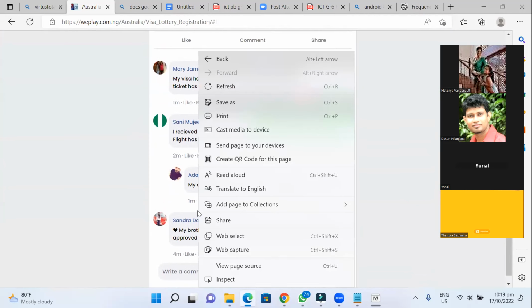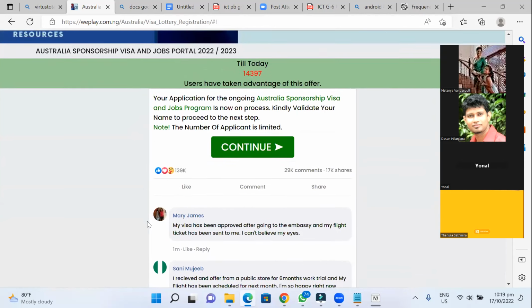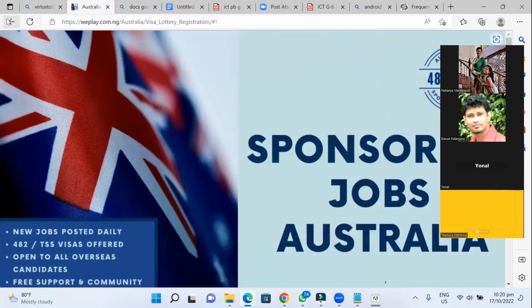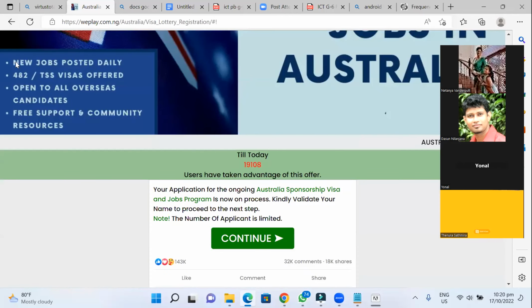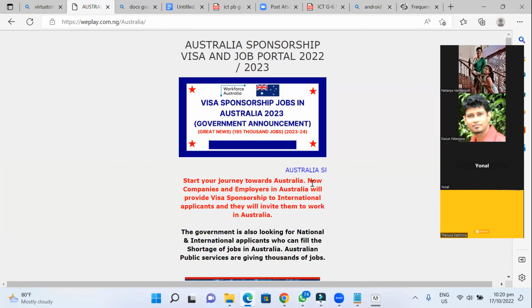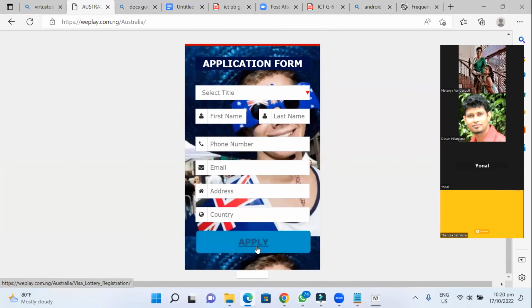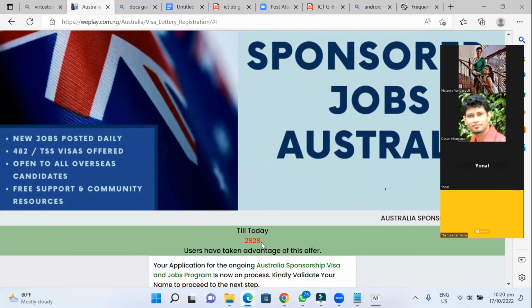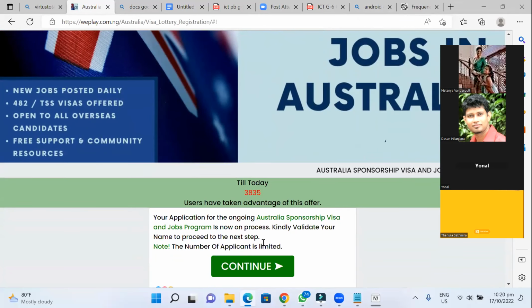This is not a Facebook link. They're just sharing this, and you can see it says drawing till today. So how soon is it drawing? Can you see? Let's go back. Let's go back again. It's not even allowing you to go back, right? I'm trying to apply again on the site, and I think it will begin from here. Can you see? It's fake, right?